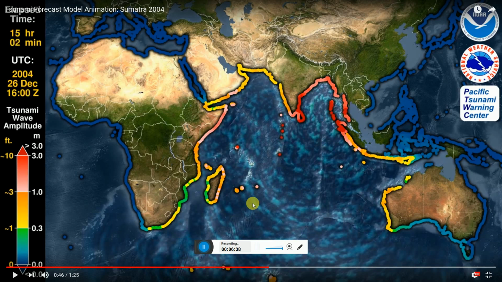Here, the wave height was barely noticeable,